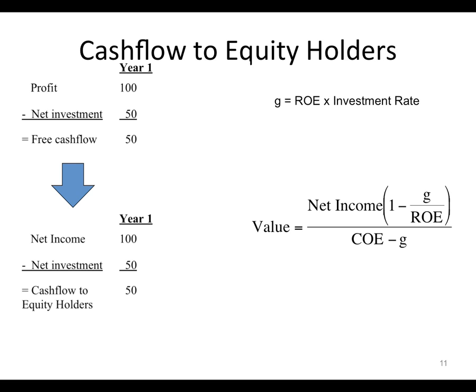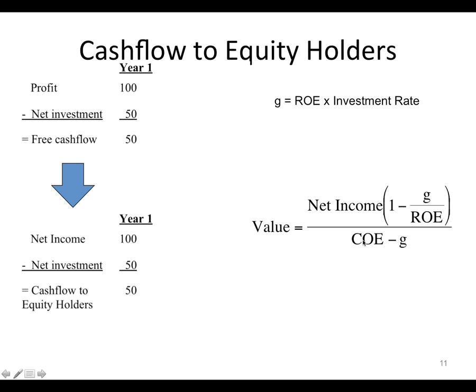So what we do with the key value driver equation is, the value for the equity is the market cap, not the enterprise value. The cash flow to the equity holders is the net income. The growth is the growth in the net income. So it's not the growth in the free cash flow, it's the growth in the net income into perpetuity. The return on invested capital, the return on the debt and equity, in this equation becomes the return to the shareholders, which is the return on equity.